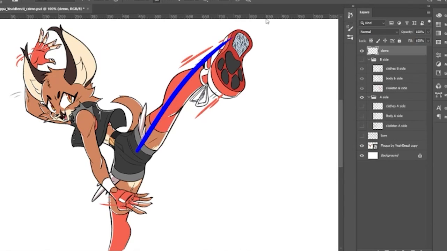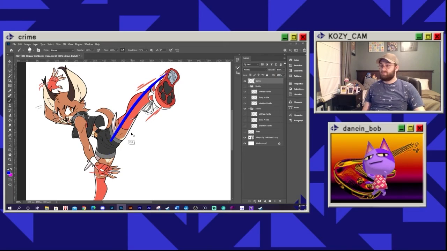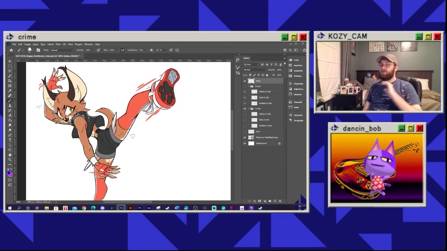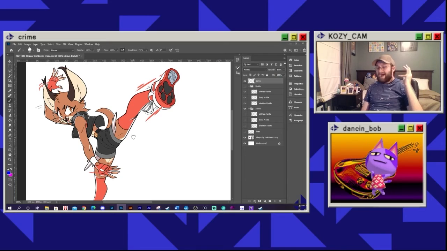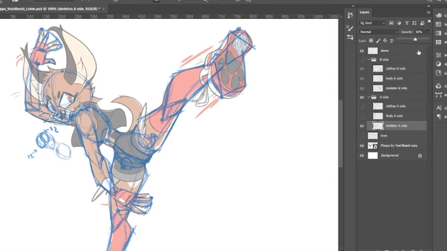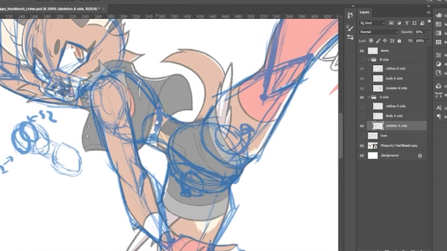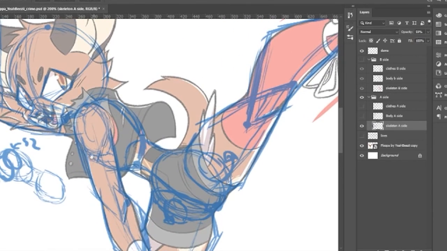This floppa here just kicking upwards like this, but then her body goes like this, and she's standing on this leg. And so the first thing I did was I broke down all of this creature's parts. I found out where all of the shapes are and how this creature works. So you can see here that what I'm looking for are the shapes that make up the body. So right here I've got a big oval and then another big oval right here. And then I'm connecting them right here, and this is the waistline.